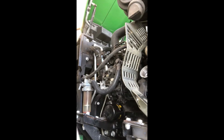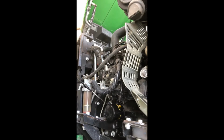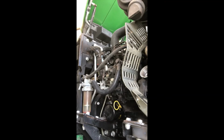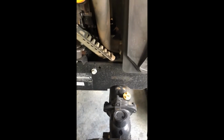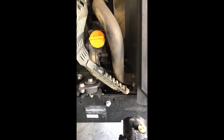And again, I don't know if you can see on the camera, but it's still midpoint, but it definitely can add some more. So that's what we're going to end up doing. We'll add a little more and keep checking the dipstick as we do it. Again, be careful of overfilling. So I'm going to add a little more, keep checking the dipstick, and then that'll be it. All right, so in all, I've added close to 3 quarts. Really a little less. I still got a little left in my third, because again, I like to put it in little by little, check the dipstick,